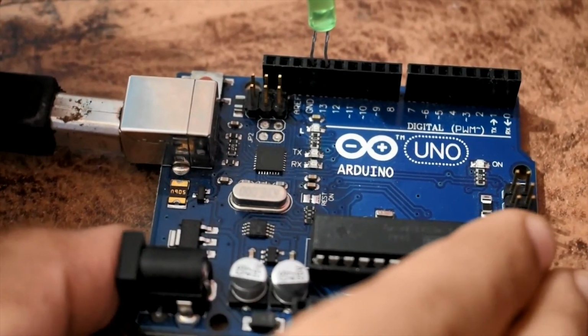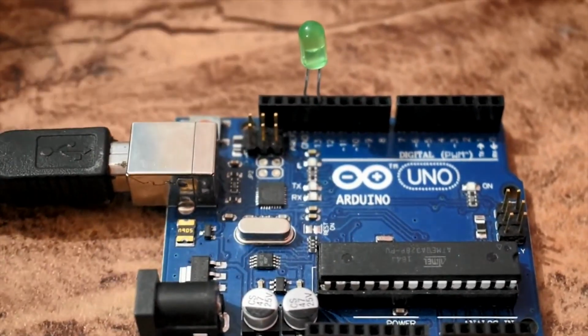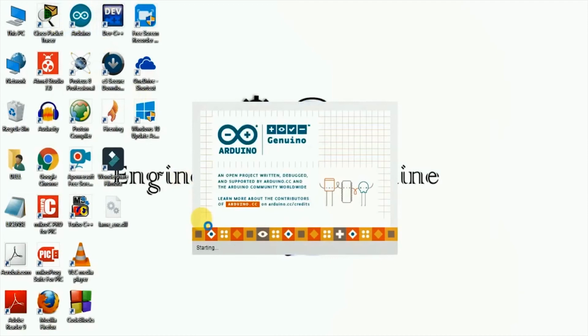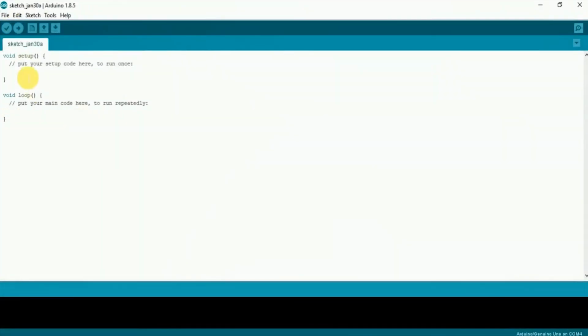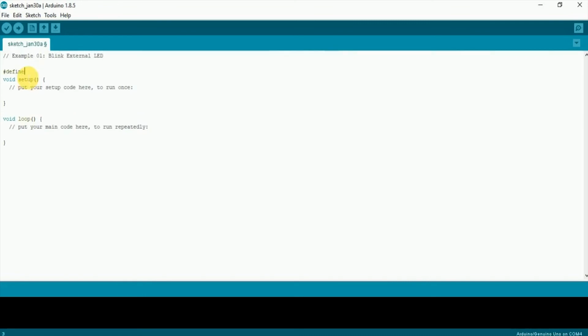Once the hardware is set up, make sure that Arduino is connected with the PC. Let's write the code to blink it. Open Arduino IDE and start a new sketch. First of all, I am adding a comment in the beginning to inform the readers what the functionality of this code is. #define is a useful C component that allows the user to give a name to a constant value before the program is compiled. Then I have to define the mode of this pin as an output with the help of the pinMode command.